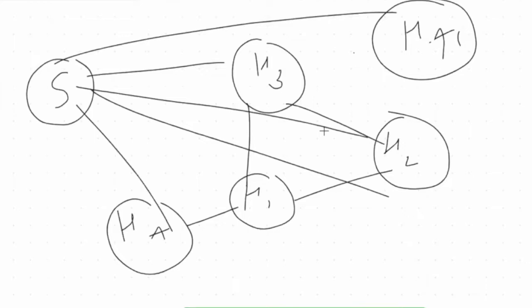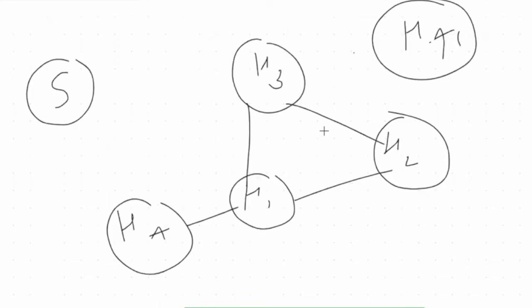So one way is to start from the source and connect each house with the source directly, the way I just did. You can do this, but the problem with this is it's not optimal. You end up spending way more money in setting up the pipelines and roads everywhere. This is not required in the first place. A better approach can be that instead of connecting everything to S, you can connect S to something else.